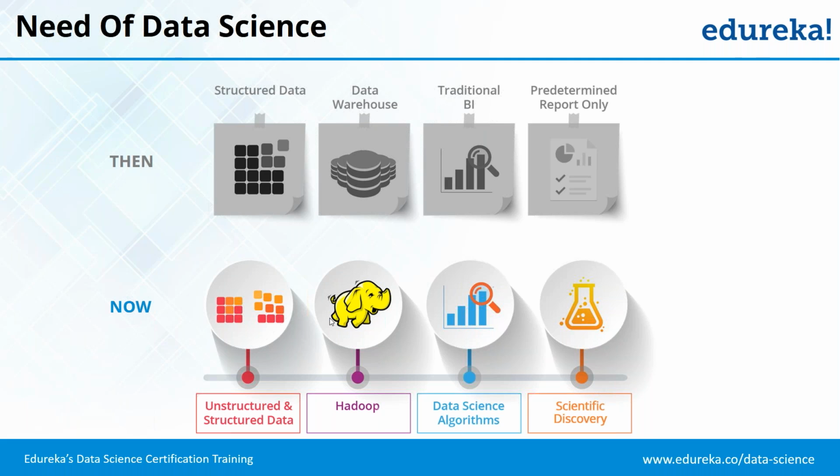But now what has happened is that, if you look at the graphic below, we don't only store structured data, we are also storing a lot of unstructured data. So what is the difference between unstructured data and structured data? When we talk about structured data, it is organized in a form which can be stored in a database, in rows and columns. For example, if you are recording the sales transactions at any point of sale counter, that can be marked as structured data.